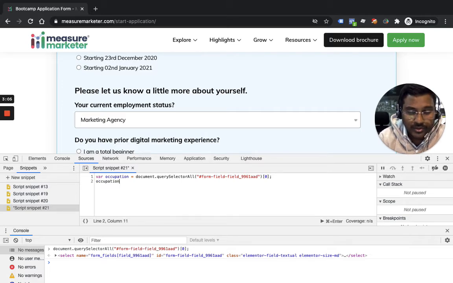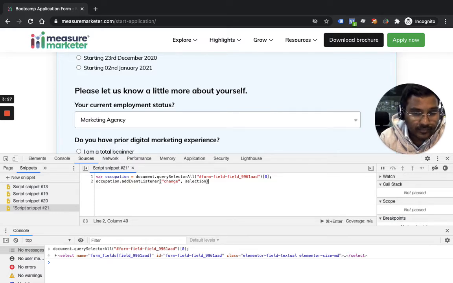To that occupation field, I'm adding an event handler. The event handler I'm using is change, because whenever people select something, the value will change. So I want to get the value they've selected.